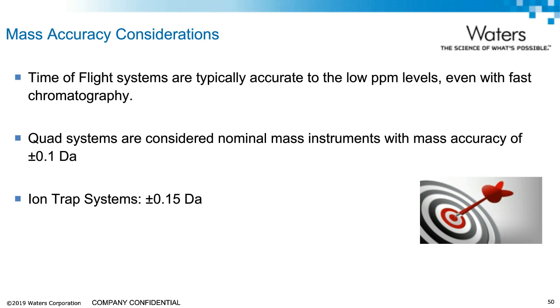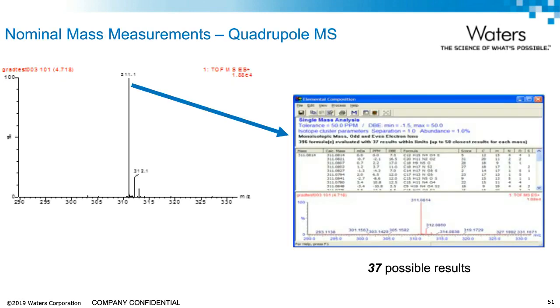Shown here on this slide is information gathered from a quadrupole MS instrument. With a quadrupole MS instrument, 1 decimal place is typically used when measuring masses. With this nominal mass measurement, there are 37 different possible formulas based on elements carbon, hydrogen, nitrogen, oxygen, and sulfur that are within a 50 part per million mass tolerance window. This makes it very difficult to confirm a known species, and even more difficult to identify an unknown species from